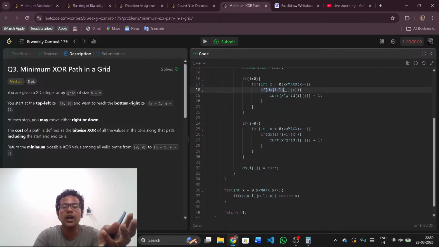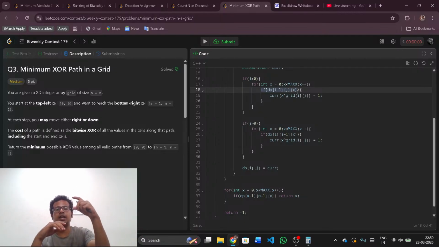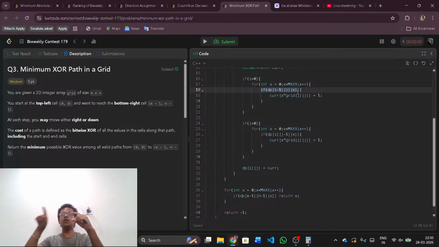If dp of i minus 1, j, x, that is dp of i minus 1, j, is nothing but the top element. I'm just checking the top element. What are all the XOR values which I can get at the top element? If it is true, then